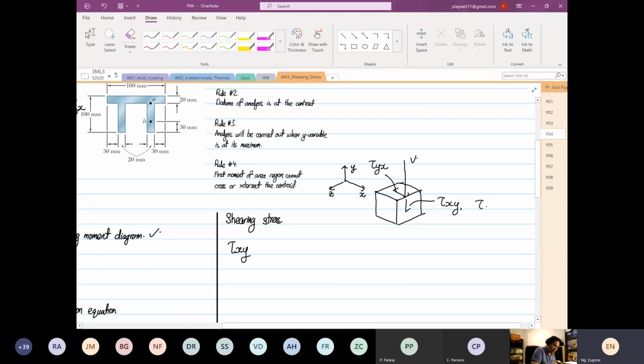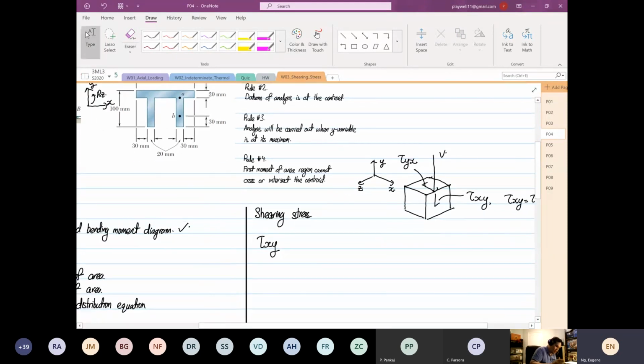From here, the shear XY is equal to VY over IZZ, QZ, multiplied by thickness. What did I write? Oh, it's just me, there is a lag. So what did I say earlier? So we are going to apply